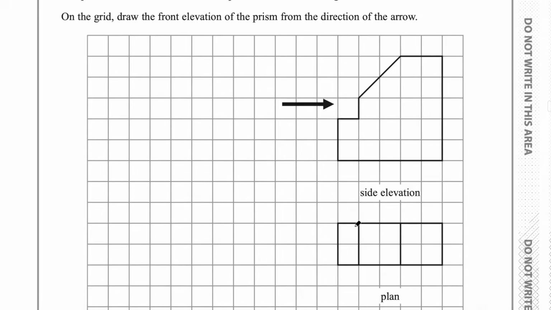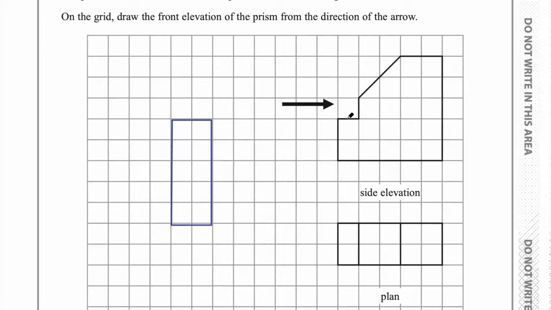Okay, so we know it's too wide, because we can see from the top that it's too wide. And we can see from the side elevation it's 5 units high. So we need to go up 5, and it's going to be a rectangle, and then we need to draw in some lines to represent these angles